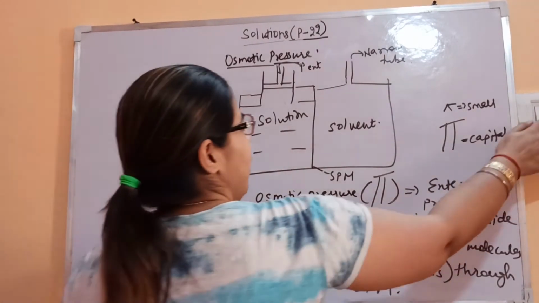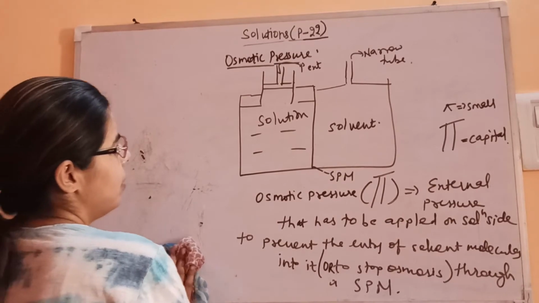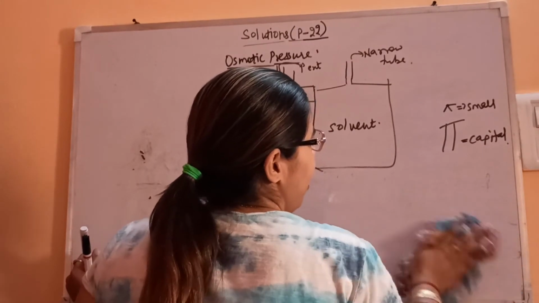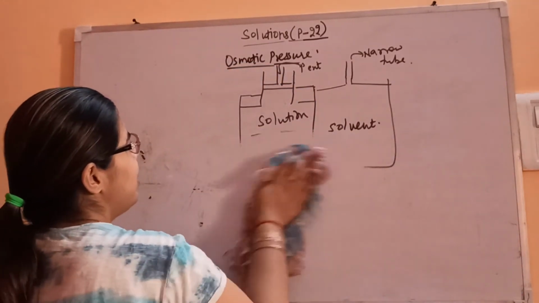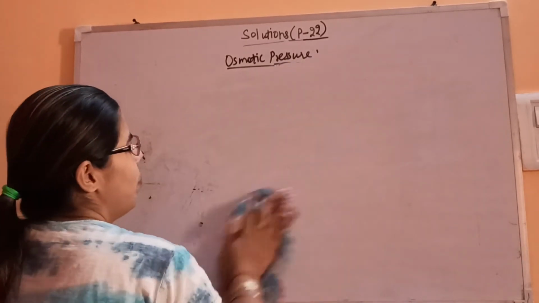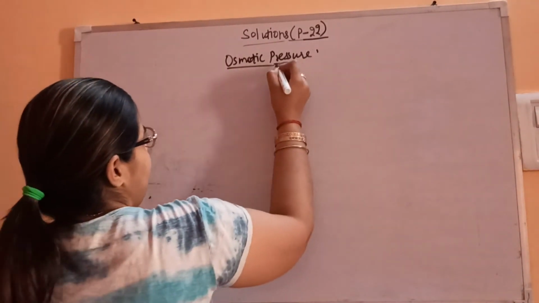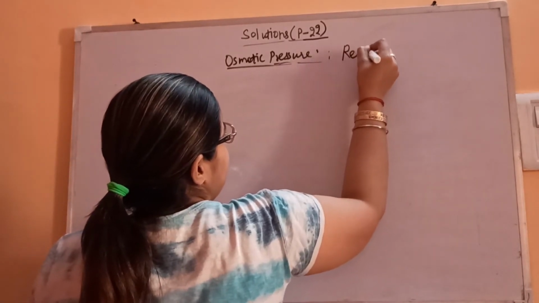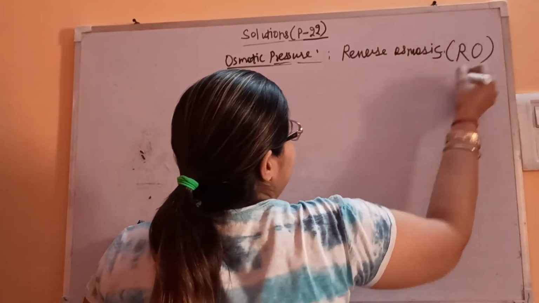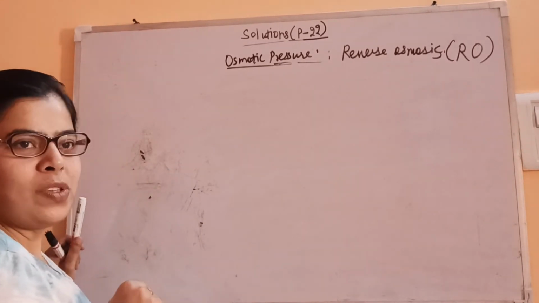Now let's see the reverse osmosis. What is reverse osmosis? So now everyone at home is aware of the RO that we are using at home for purifying the water. Yes? So what is that RO? That RO is based on the process of osmosis. Reverse osmosis, that is RO. We say we are drinking RO water. So what is that water? It is based on the reverse osmosis process.